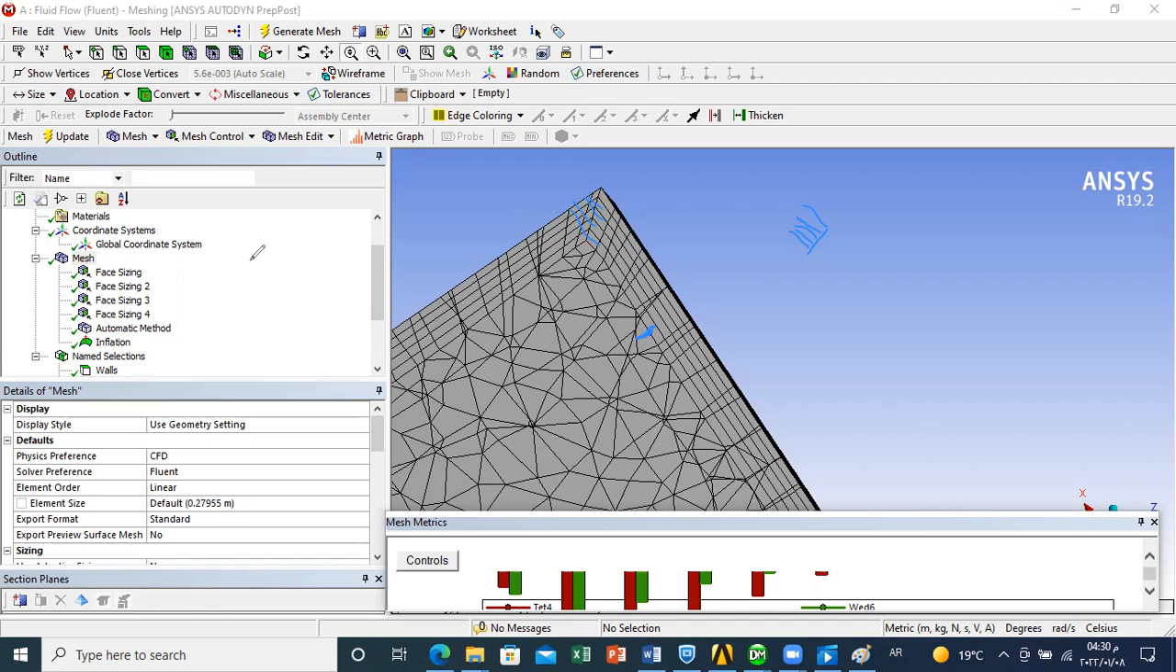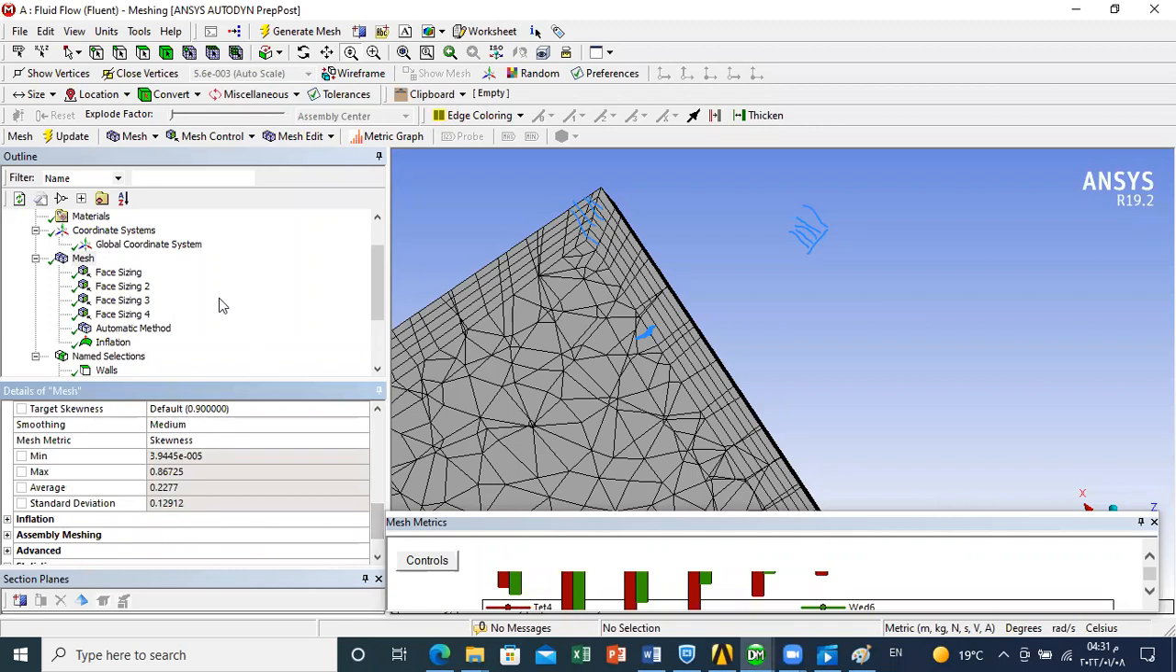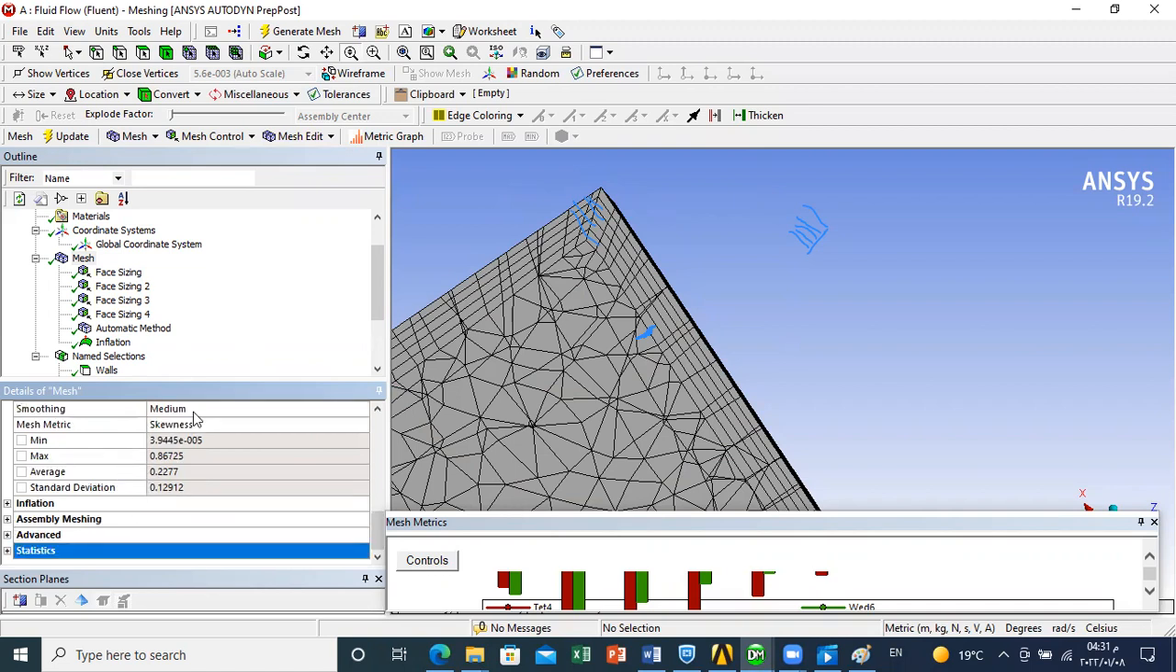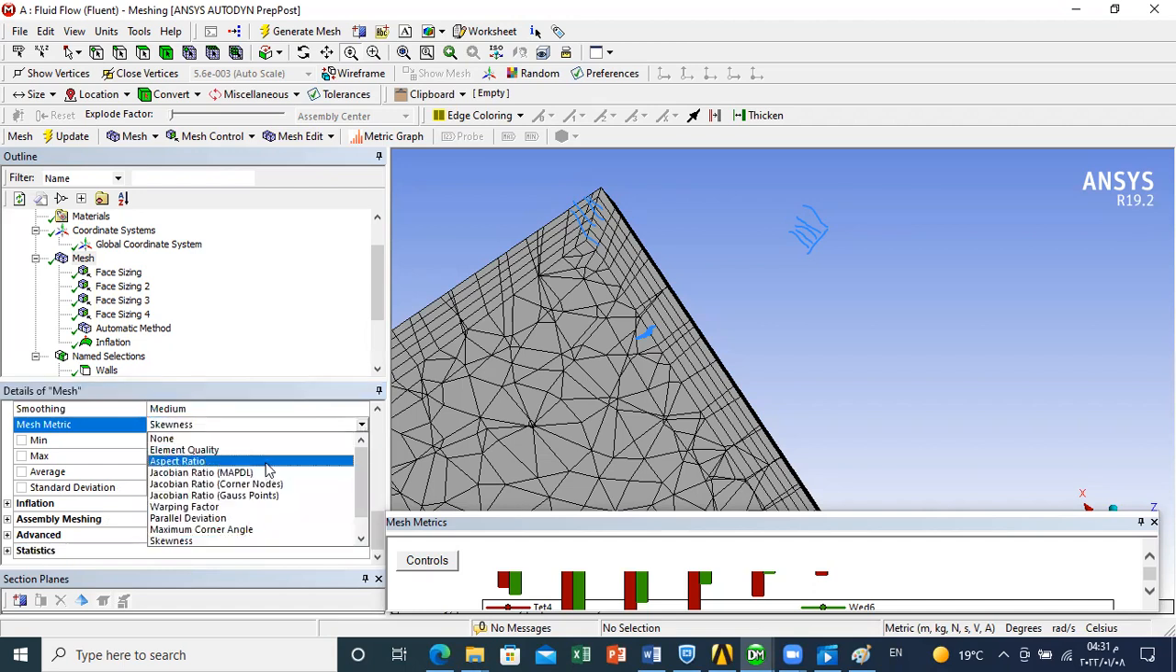Okay, now let us check what happened with our mesh quality. So we just press on mesh. We can see here the number of elements has increased compared to the mesh just before. For the statistics, the skewness is still fine. Concerning the aspect ratio,